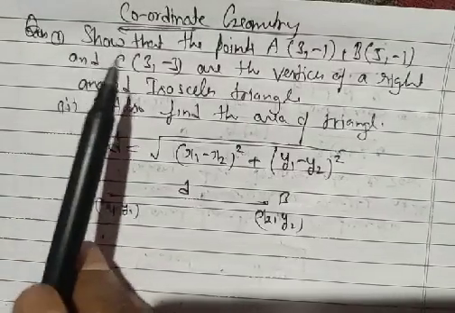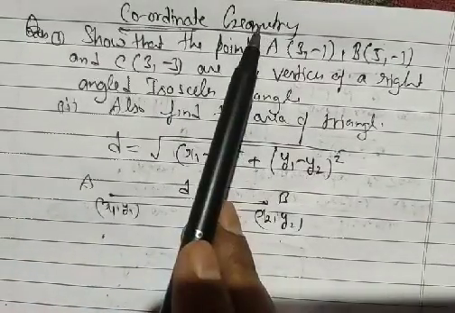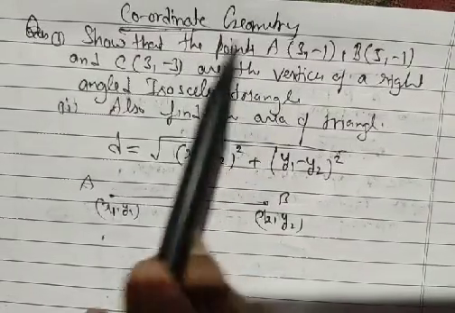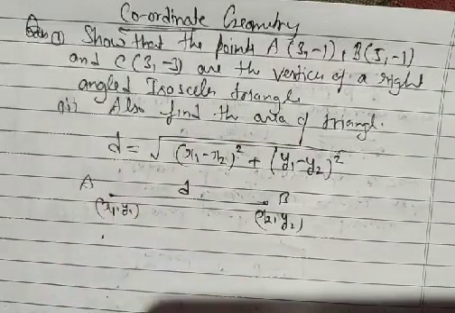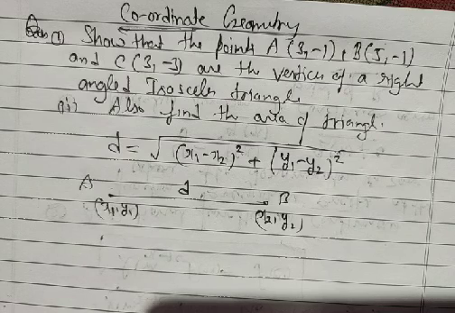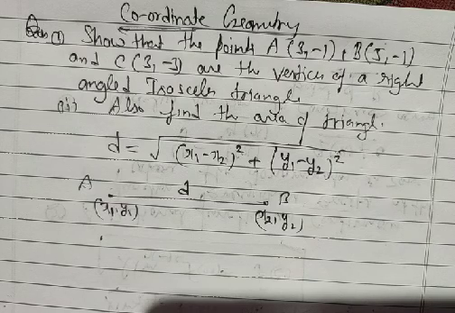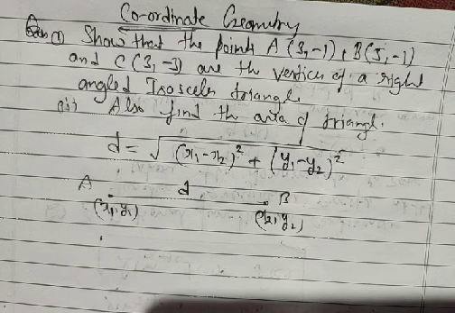Hi everyone, again we are here with our chapter coordinate geometry. Yesterday we discussed a brief about coordinate geometry, which was started by Rene Descartes. In class 9 all of you studied abscissa, ordinate and its 4 coordinates. Now at the level of class 10 we are going to use advanced concepts from there. We are going to find out, when we have 2 points in a plane, what is the distance between them.